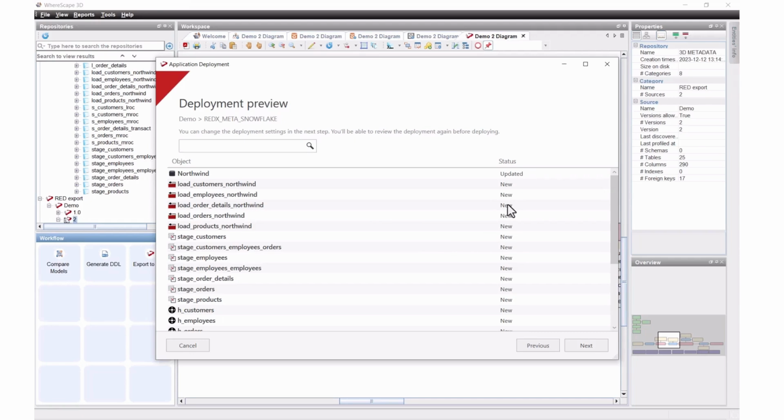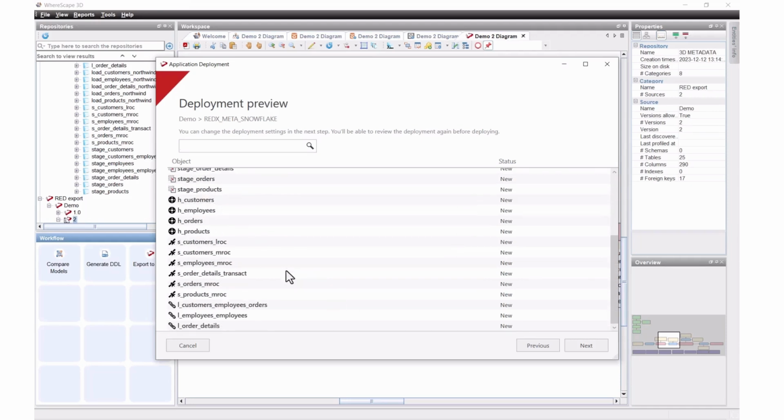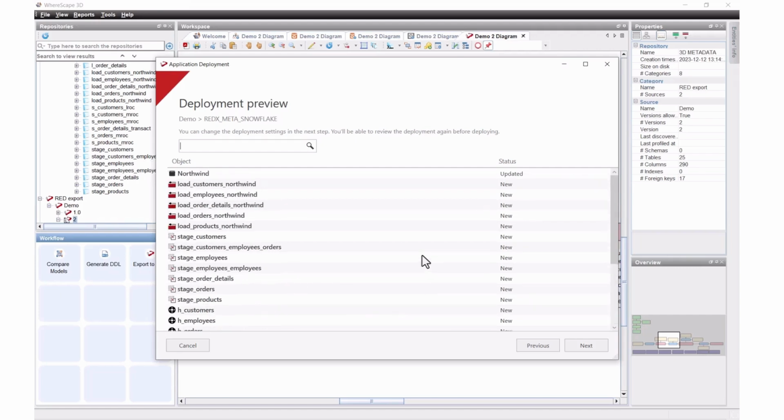In some cases, for example, the load and stage tables, which I would call transient work tables, flush and fill kind of tables, we would certainly just drop them and recreate them. But if we have hubs, satellites, and links out there that have historic data, views, dimensions, things like that, we certainly don't want to drop those. We don't want to lose that data. Wherescape has the capability of altering them rather than dropping them and recreating them.